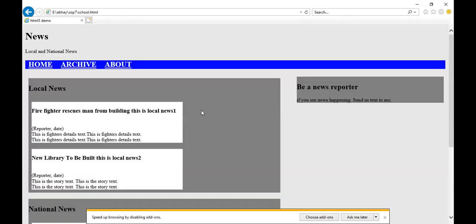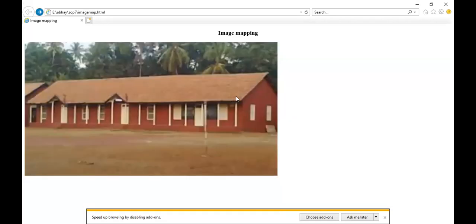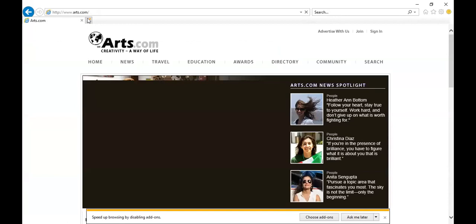I click over here. So when I click on school.html, the website opens related to school, because we have copied it in SOP 4 and renamed it to school.htm. So when I click on the third area, that is the polygonal shape, this will open. Now when I click on the commerce, then commerce.com will open on screen. When I click on this rectangular shape, then arts.com will open on screen. Okay, so here you can see the arts.com site opens on screen.